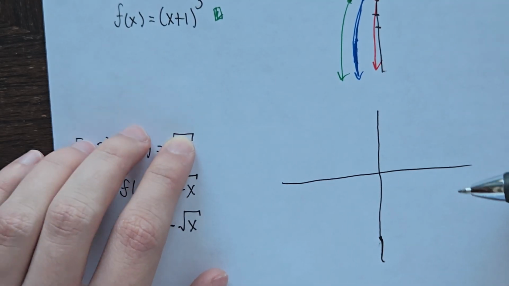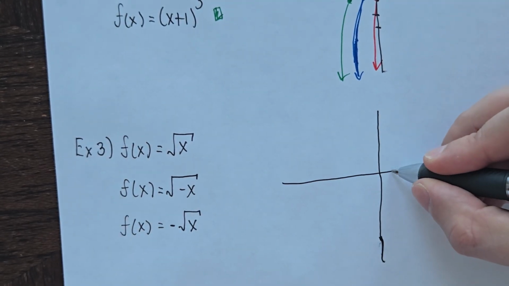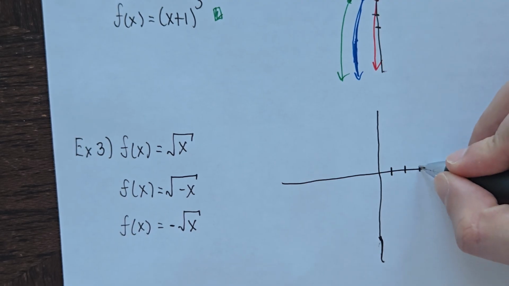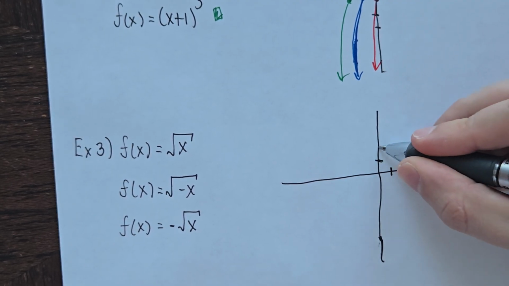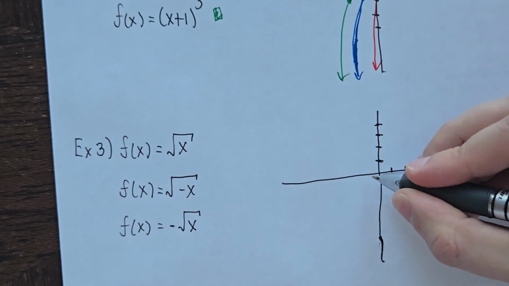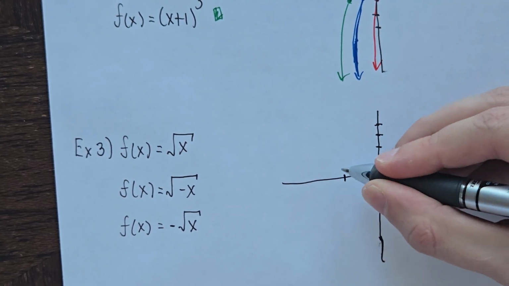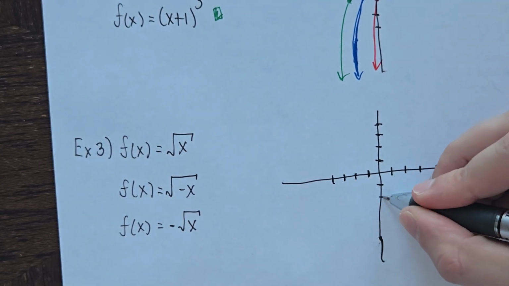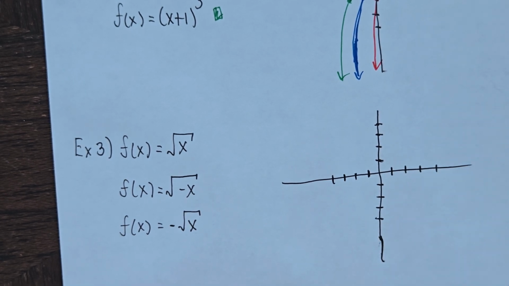Okay. So, again, what we're going to do is we're going to start out with just graphing the square root function first. I'm going to do my tick marks out in each direction like I did last time, just to give me something to start working with. But for the original square root function,